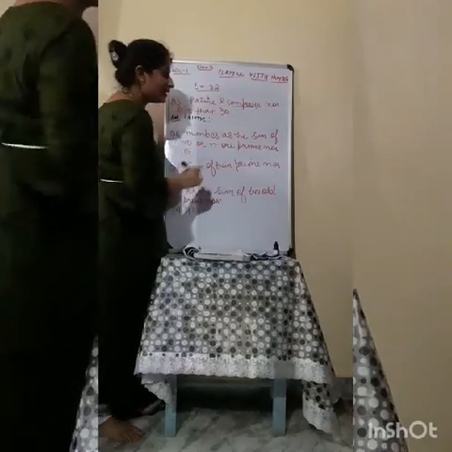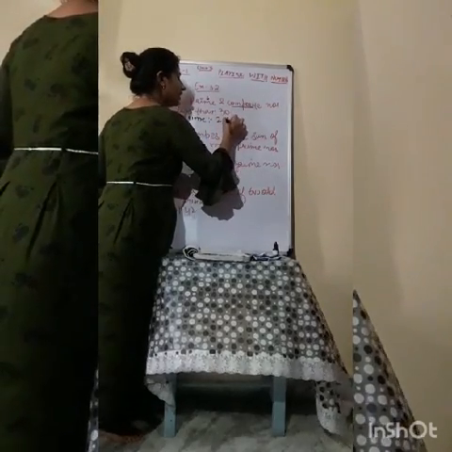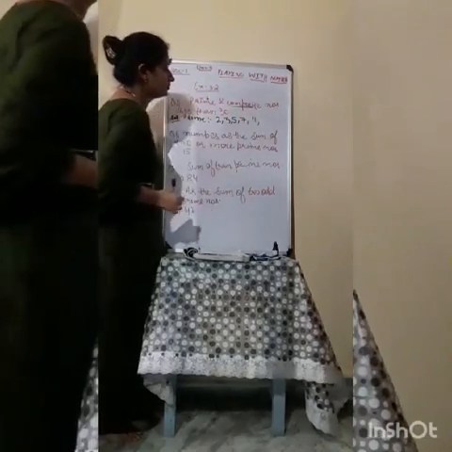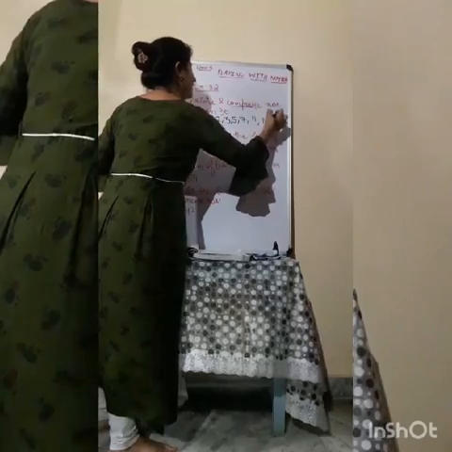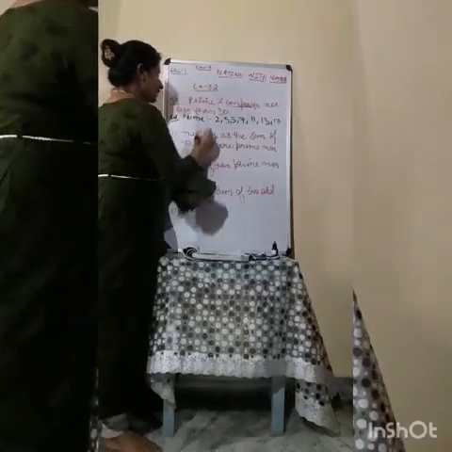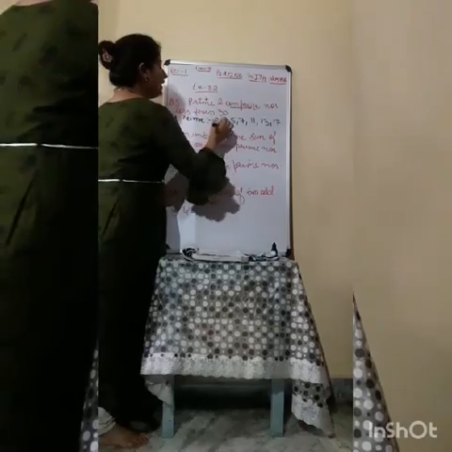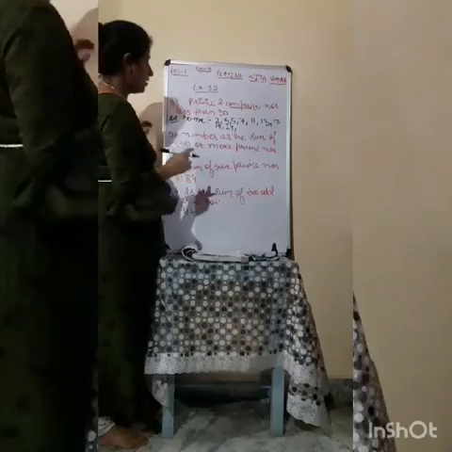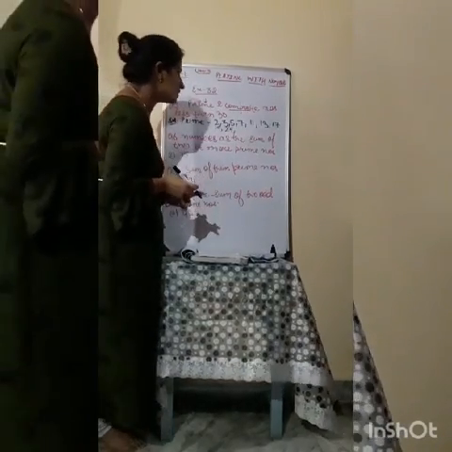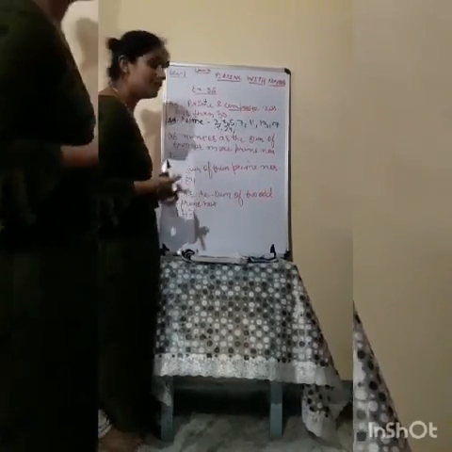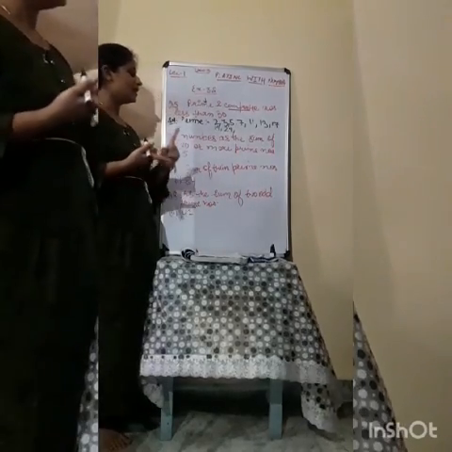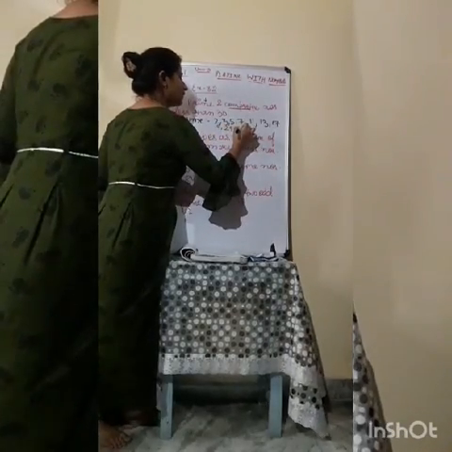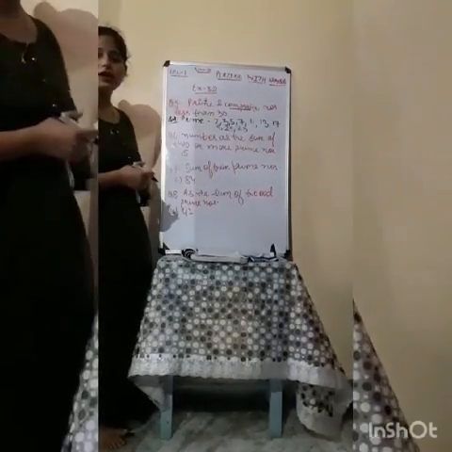What are the prime numbers less than 30? 2, 3, 5, 7, 11. Next I have 13. Then I have 17. Then I have 19. After that I have 29. 2 is a prime number, 3 is a prime number, 5 is a prime number, 7 is a prime number, 11 is a prime number, 13 is a prime number, 17 is a prime number, 19 is a prime number, and I am also left with 23. So these all are the prime numbers.